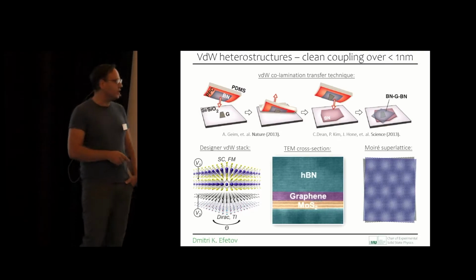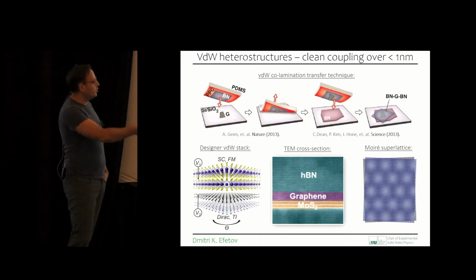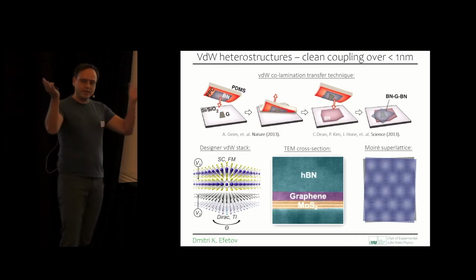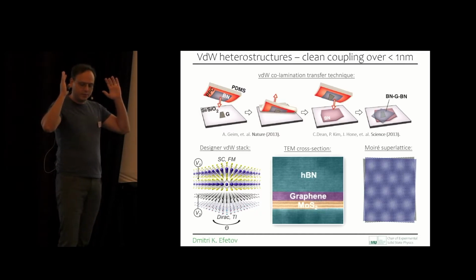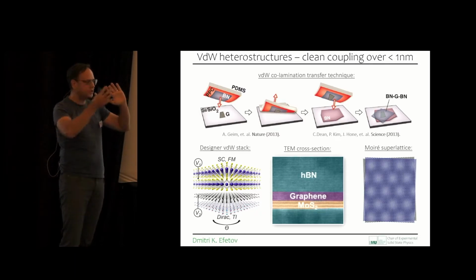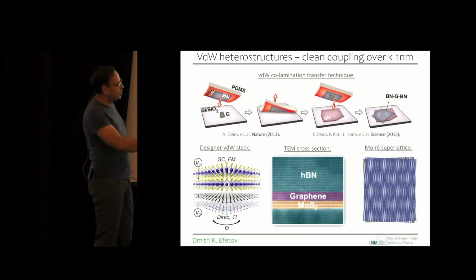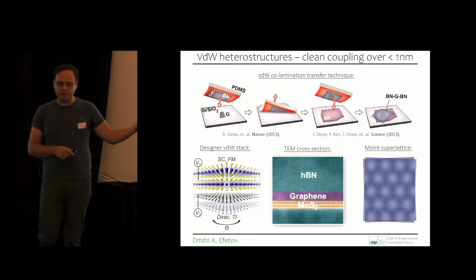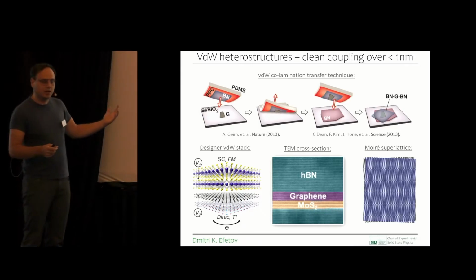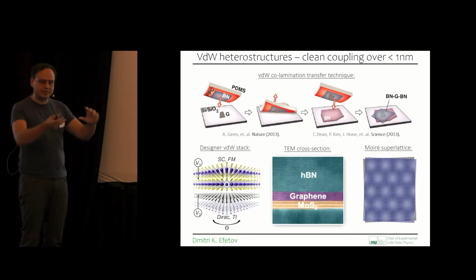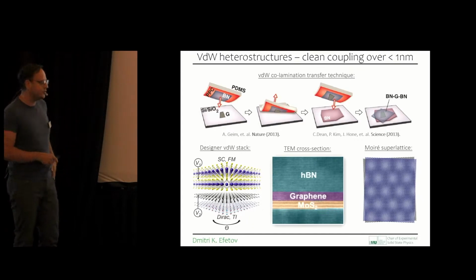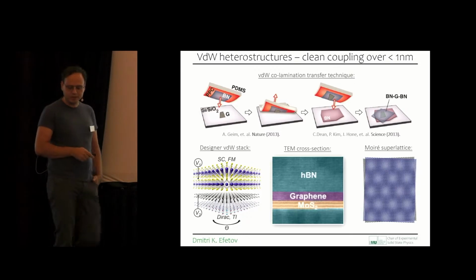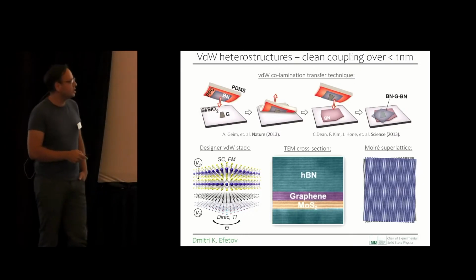And of course, the other thing which we also realized is that we can also misalign these layers. So we can take different layers with different crystallographic orientations and stack them on top of one another. And on top of that, we can create these super potentials, which we call moiré superlattices. And these moiré superlattices are really just geometrical interference effects. You can print out these lattices in 3D, and you can rotate them, and you would get the same interference pattern. So this is really a simple effect.